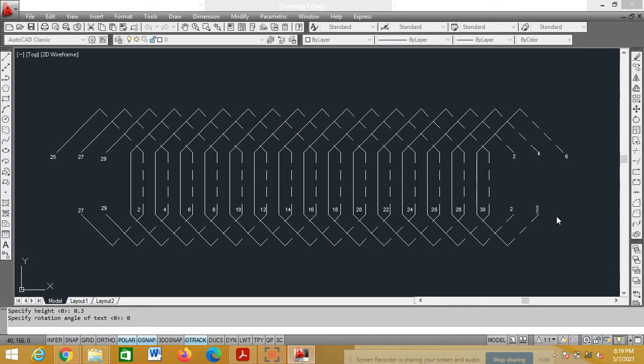Press the escape button. You can drag it and bring it down. So now I have numbered all the remaining conductors.